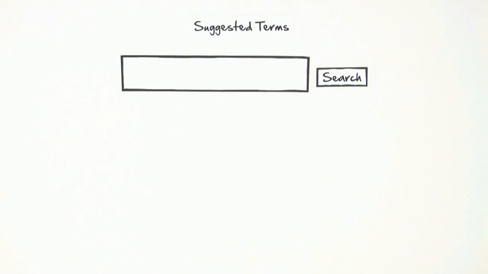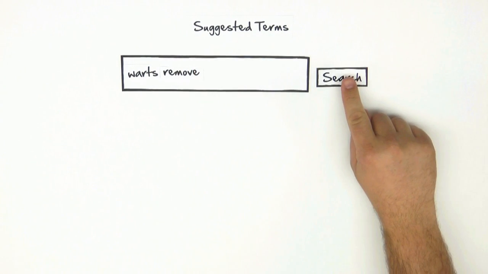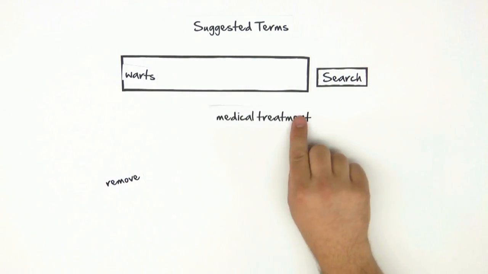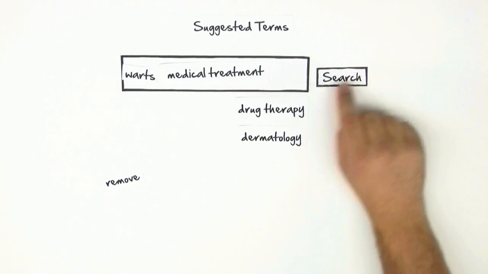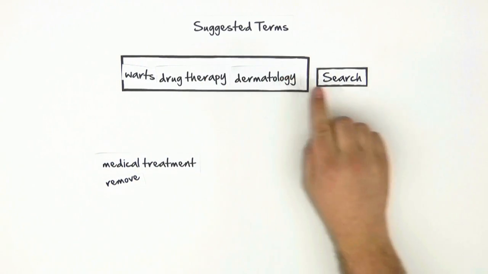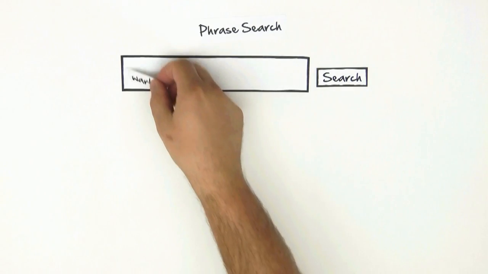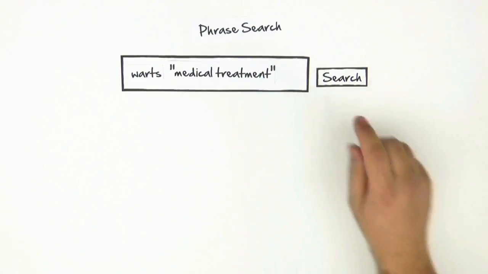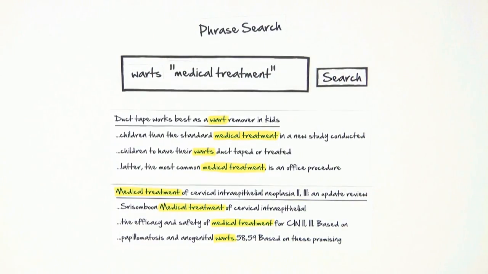As you search, you'll encounter other words and phrases. They might be suggested by the database. You'll also find them in abstracts and in the text of articles. Don't be afraid to incorporate them into your searches. Adding quotations around phrases tells the database to search for a phrase of words.